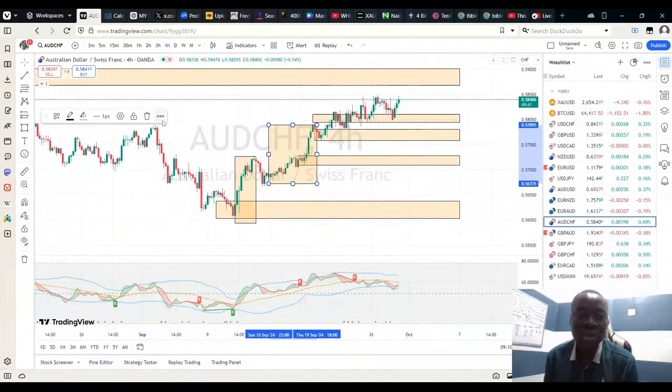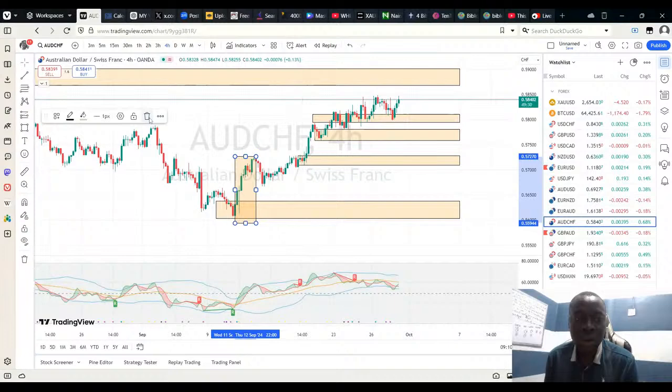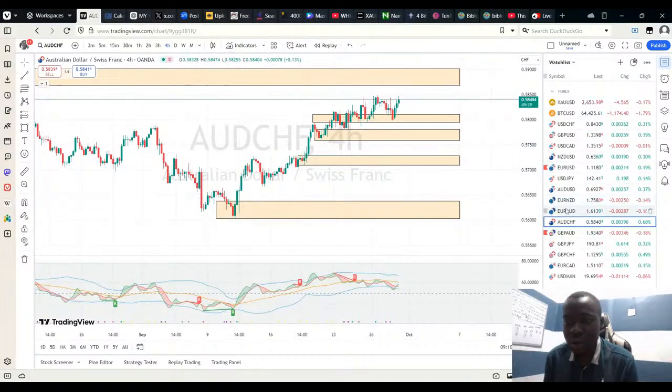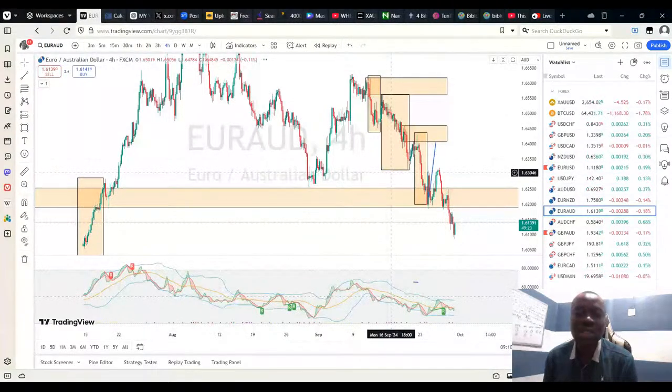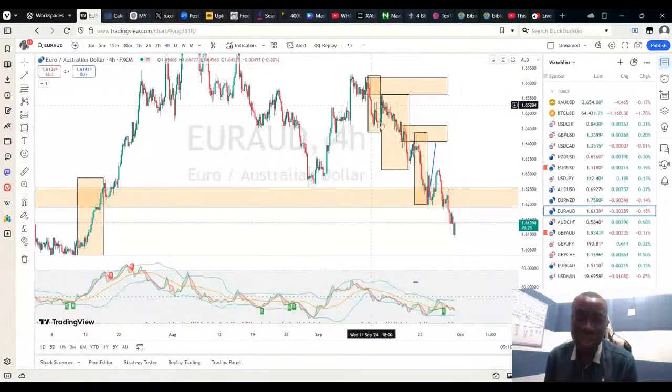AUD CHF, I'm still going to be focusing my mind to push the market to 0.59. From 0.59, then I will now look if there's going to be a good nice sell setup for me there to enjoy the sell opportunity. And also Euro AUD. Looking at Euro AUD, we can still see that Euro AUD is still going strongly on